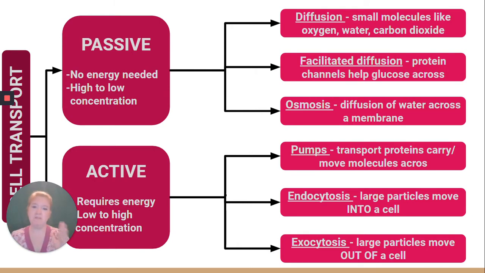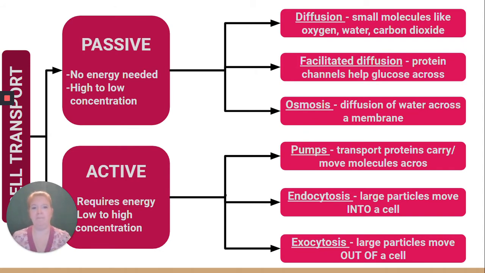And those particles in passive transport move from high concentration to low concentration. They move from where there's a lot of particles to where there's very few. Okay? And there's three examples of passive transport. First is diffusion. And diffusion is when particles simply move from high to low concentration just straight across the cell membrane. And it happens for mostly gases and sometimes for water, just right across the cell membrane. So small molecules can just diffuse, or by the process of diffusion, cross the cell membrane from high to low